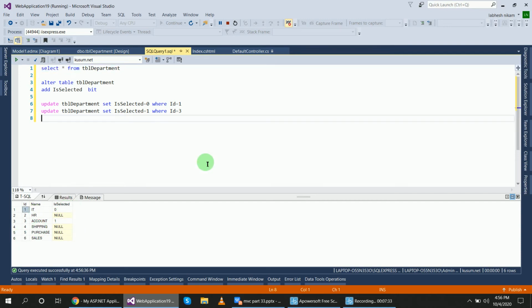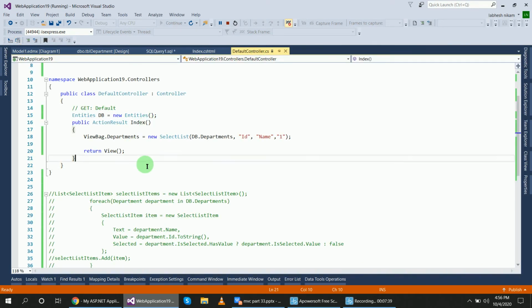And I will write the code here on the default controller side.